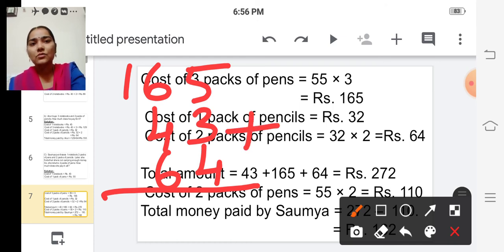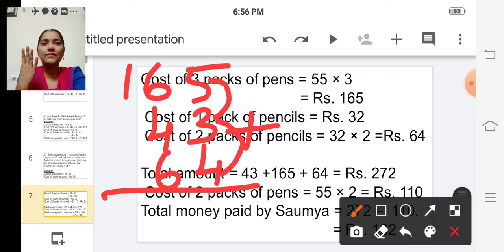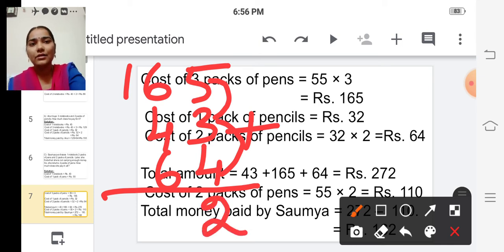Okay. So add 5 plus 3. 5 in the mind, 3 in the finger. After 5, 6, 7, 8. And 8 in the mind, 4 in the finger. After 8, 9, 10, 11, 12. So write 2 here and carry over this 1 to the next place.